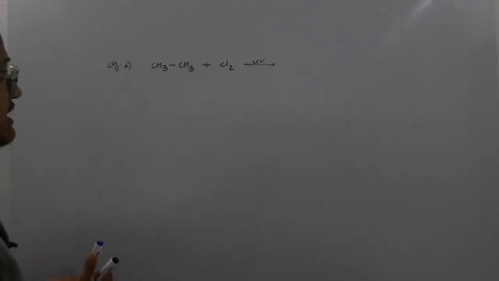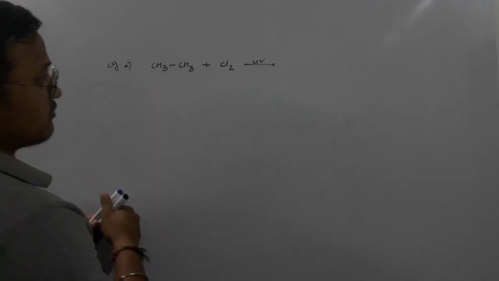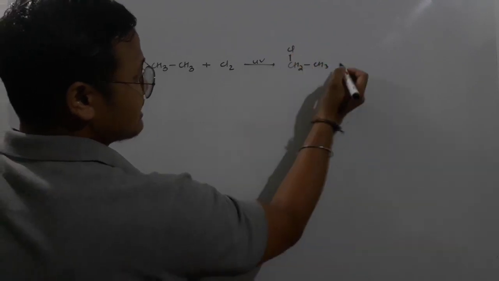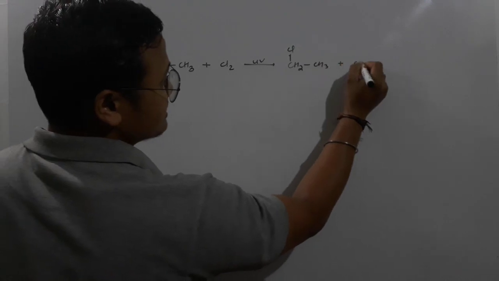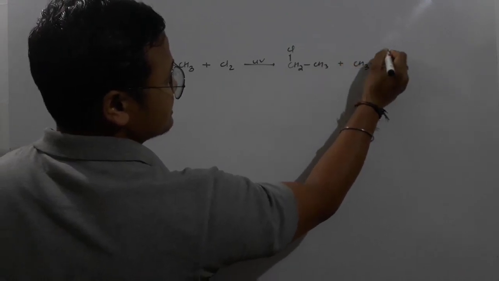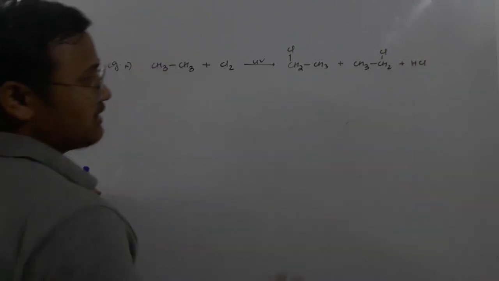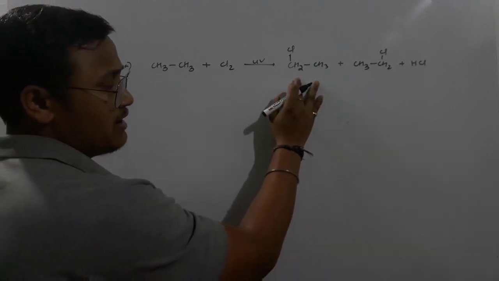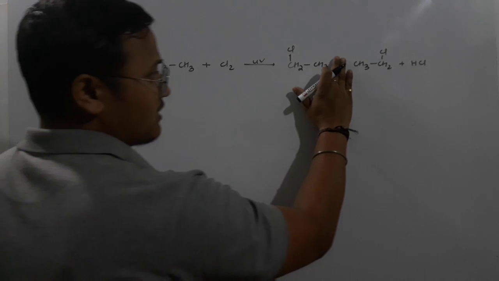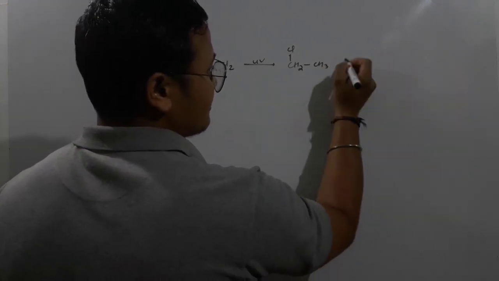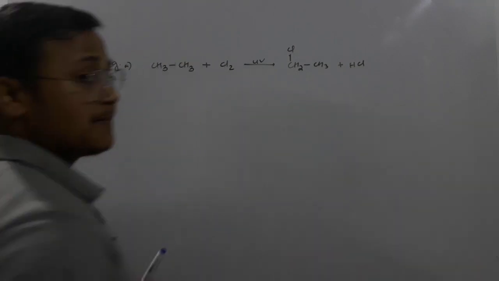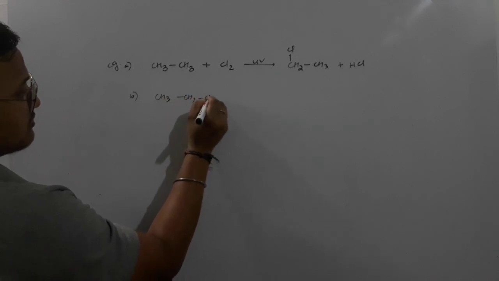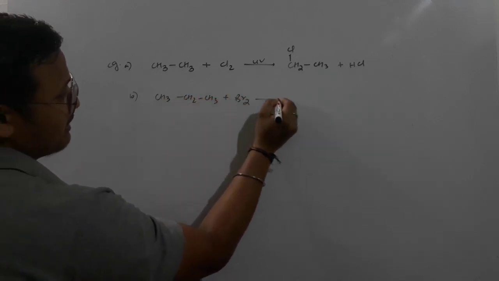What I am supposed to say here is that if I substitute hydrogen from here, it will look like CH3CH2Cl. And if I substitute from this carbon, it will look like this, CH3CH2Cl plus HCl. But among these products, they are not having any differences, right? Because it is also one chloroethane, it is also one chloroethane. So in this case we are getting only one product and we are writing only one product, the major product here. But look at this example, CH3CH2CH3 plus Br2 and UV light.